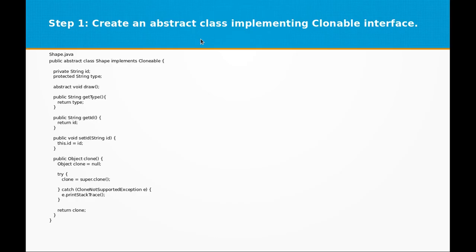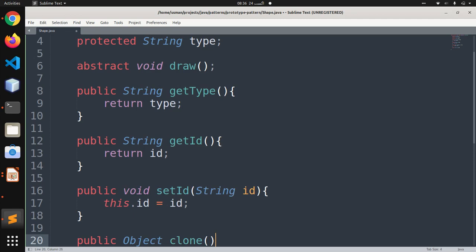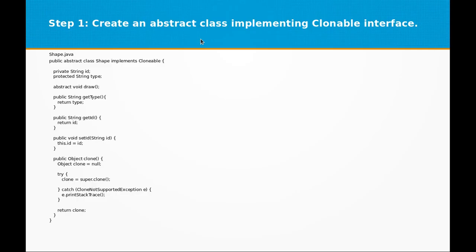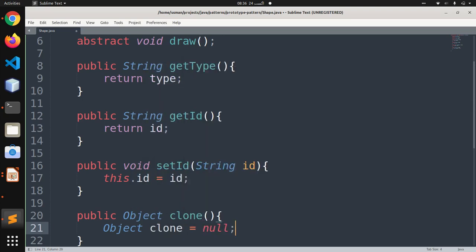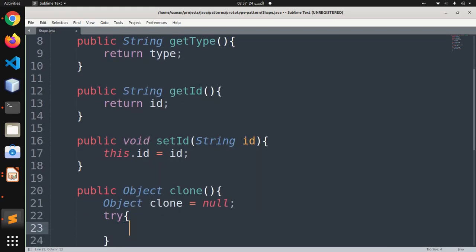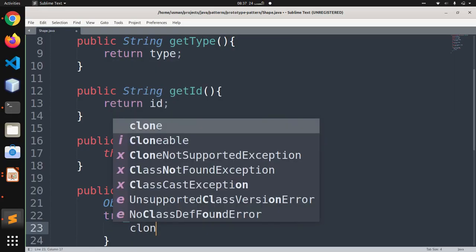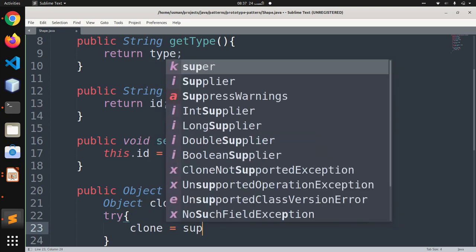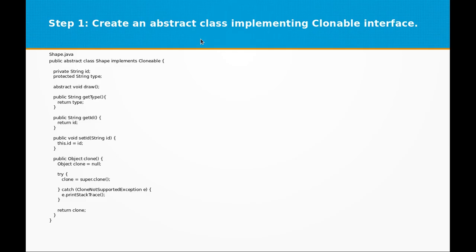Then we are going to create a function called clone, which will return an Object, and this will start by creating an Object type variable, clone. The next thing we are going to do is use a try-catch block, and in the try block we are going to clone the parent class of Cloneable.